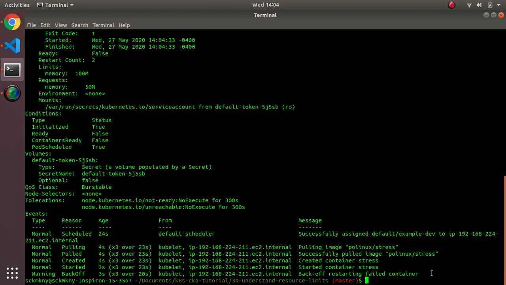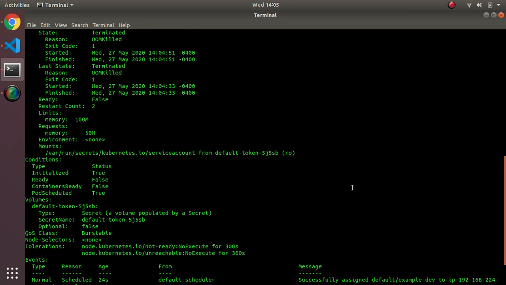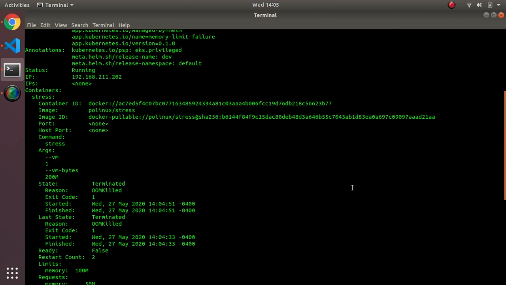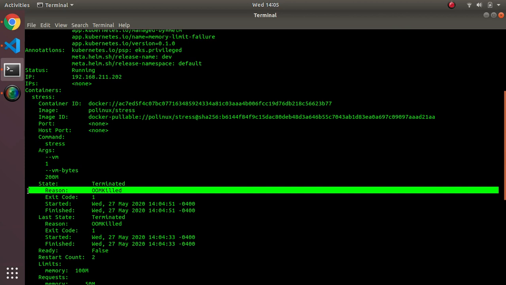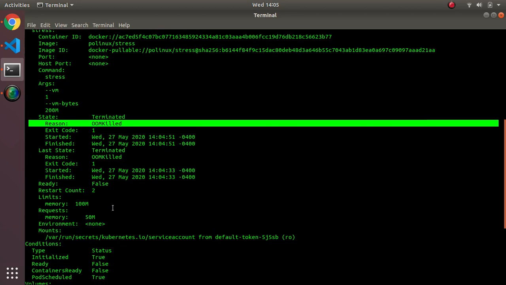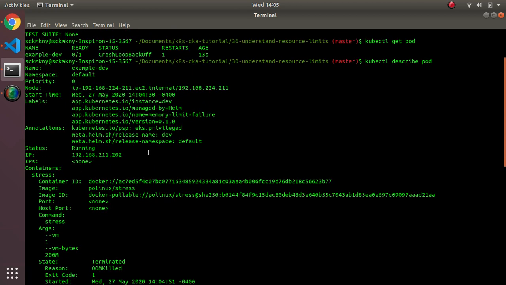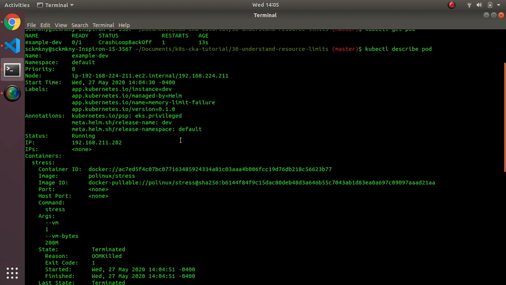you can basically say right here that there was a backoff restarting failed container. And there should be more detail on why it crashed. Oh, here it is right here. Out of memory killed, right? So the reason why it was killed is because it was out of memory. And that's because we put a hard limit of 100 meg, and we know the process, because we forced it, is trying to use up 200